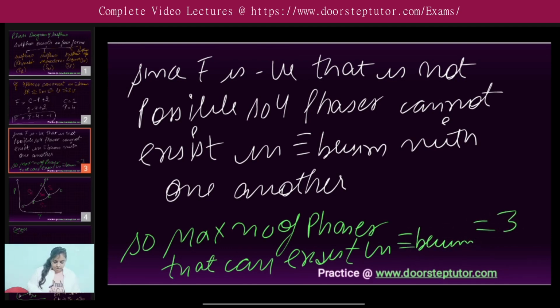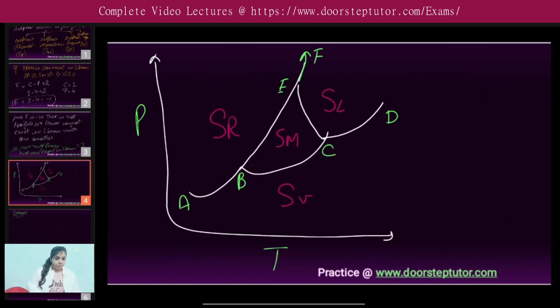So the phase diagram for sulfur is going to look like this. That is the pressure-temperature curve we are drawing. For this we have four phases: sulfur rhombic, monoclinic, liquid and the vapor phase. All of these have been shown. The maximum number in equilibrium is 3. So here we have three points, B, C and E, where three of the phases are in